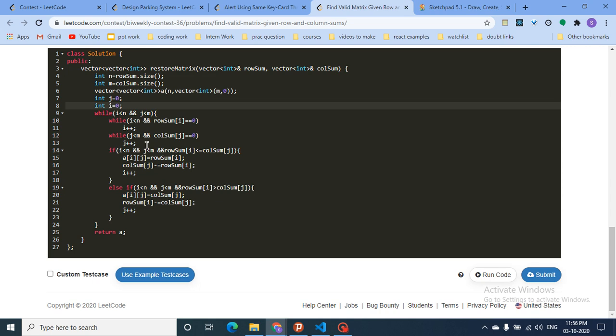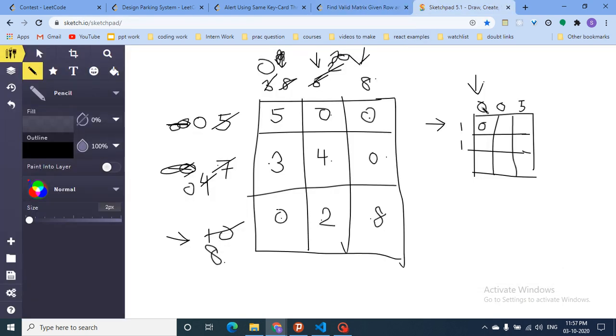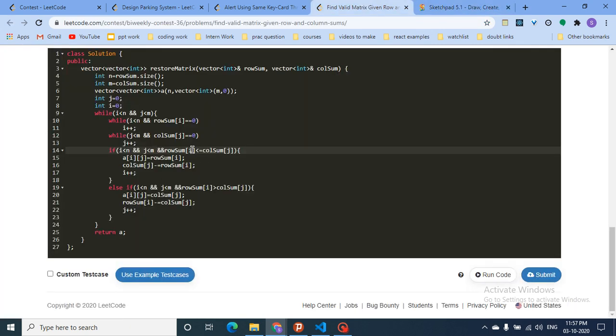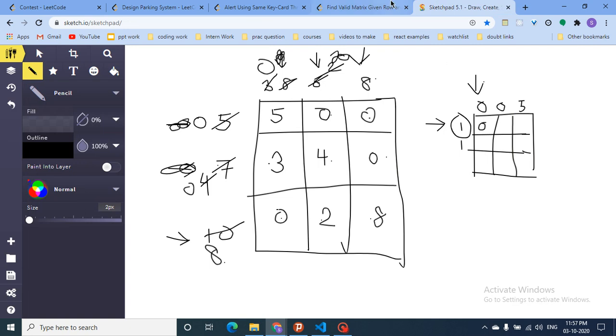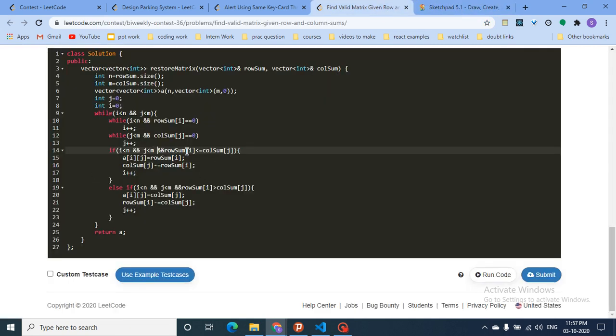Now we have found a value for i and j which is inbound. Now first i and j should be inbound, we will also check this again. And if for i and j they are inbound, we will check which is smaller, if my pointers point at these two positions, this point or this point? So this is the row point, this is the column. If the row sum i value is less than the column sum j value, then I will make this ij value equal to the row sum value, because this is small.